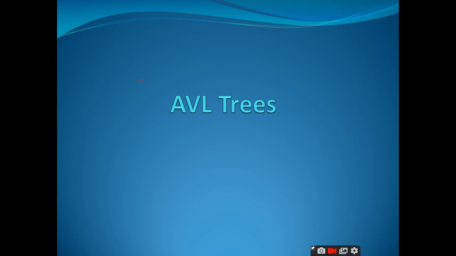So in the previous sessions we have completed the concept of B trees, and today we are going to start a new topic on AVL trees. So the flow for this AVL trees will be like this. First of all, we will discuss some concepts related to the binary search tree, where we will discuss what a binary search tree is and what are the disadvantages of binary search tree, and that particular discussion on the disadvantages of the binary search tree will give some idea why we are entering into a new tree concept which is called as AVL tree.